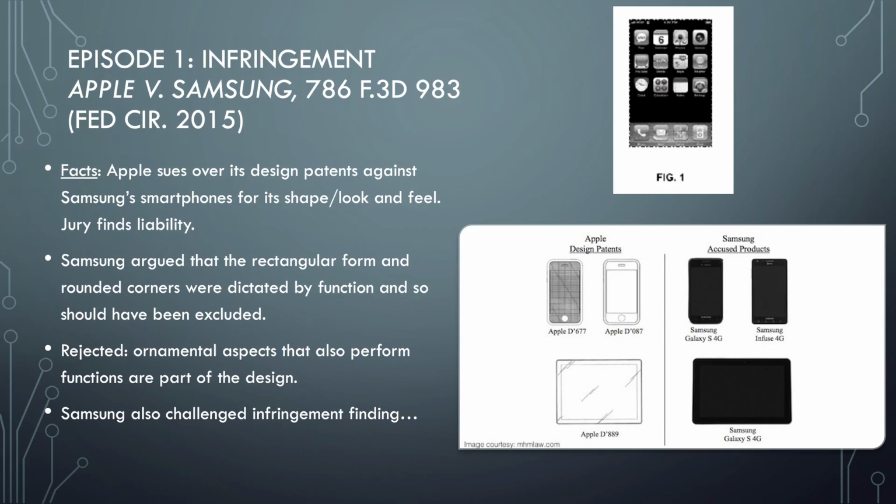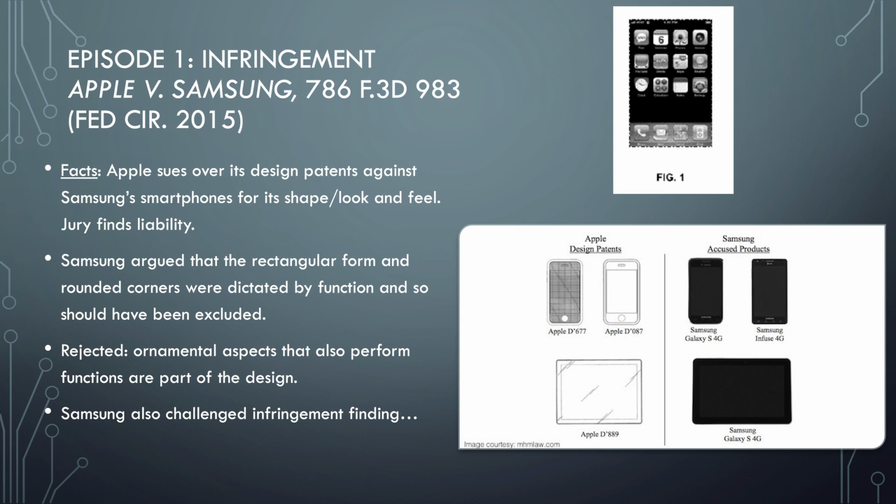And so the practice pointer for you, and this loops back to our earlier practice pointer, is that when you're thinking about helping your clients who are engineers, maybe they've come up with an invention, it's functional, they're going to go get a patent on it, stop and think about how that thing is going to look. How is it going to work in commerce? Can we get a design patent on it? May people want to infringe it, not just for the functionality, but for the design? May it be inevitable to take the design? If that's the case, you may want to get a design patent in order to have this powerful remedy to shut down infringers.